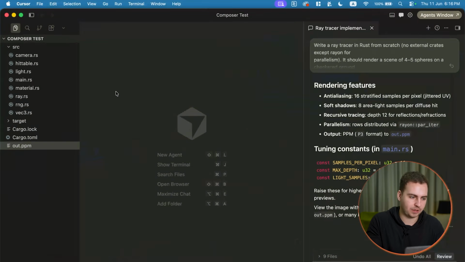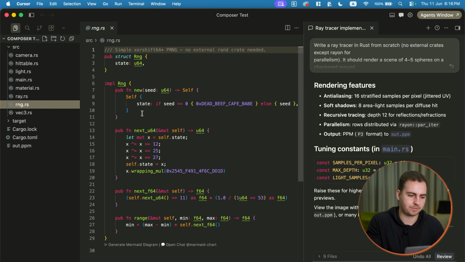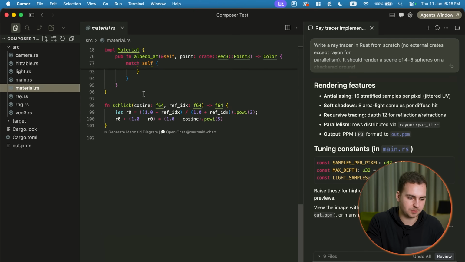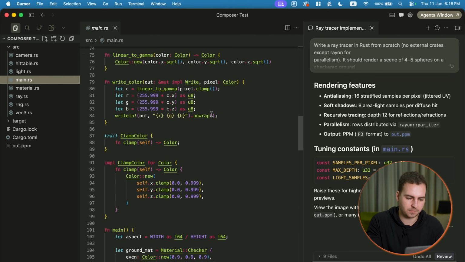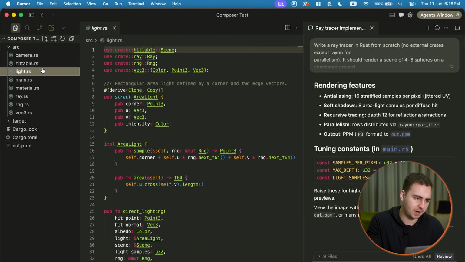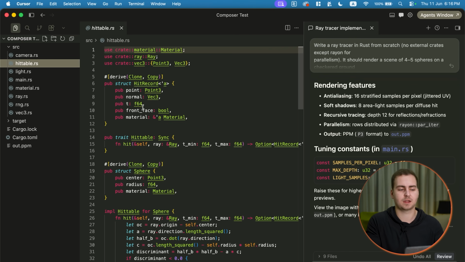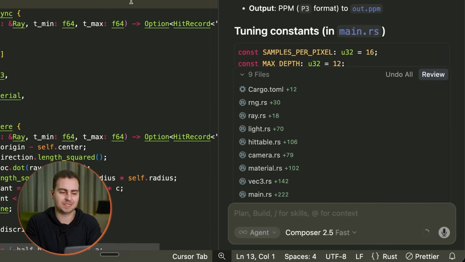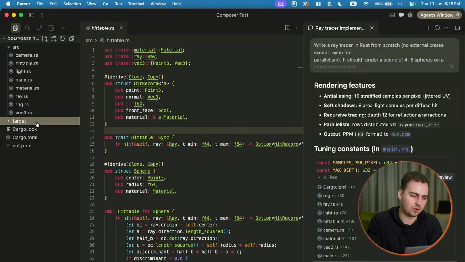And then if we go check out the Composer version, we get a similar thing, not as many comments or explanations. We can see it just generated the code without really any inline comments, which is okay. The files seem fine. I'm not a Rust expert, so it's hard for me to analyze them. And we got a similar amount of output that we did with MiniMax, but again, the result is not as good. Now we can fine tune some of the parameters, but something it's doing here must just be incorrect to give us that kind of